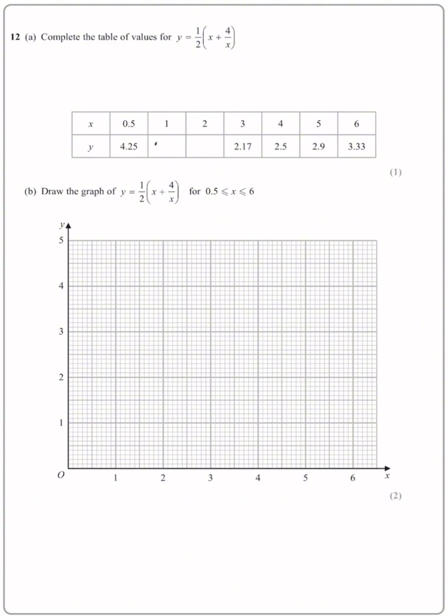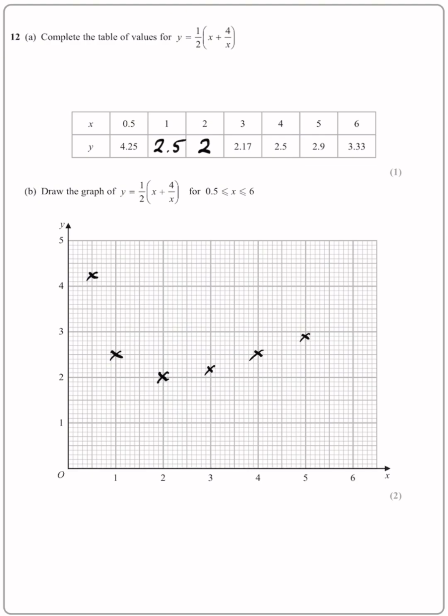Question number 12, plug 1 in and you get 2.5 out, plug 2 in and you get 2 out. And then to draw the graph, plot each one of the points, so 0.5 and 4.25, 1 and 2.5, 2 and 2, 3 and 2.17, 4 and 2.5, 5 and 2.9,